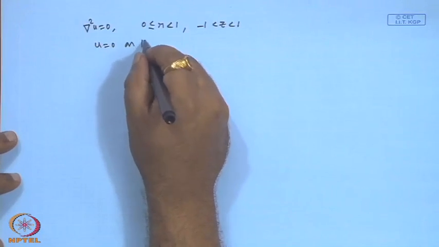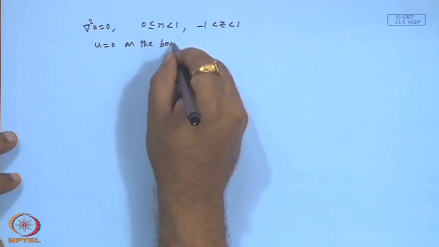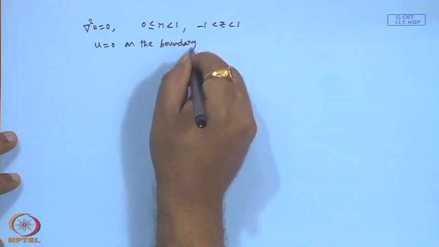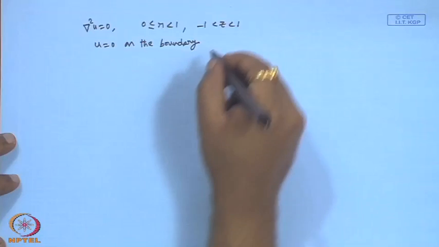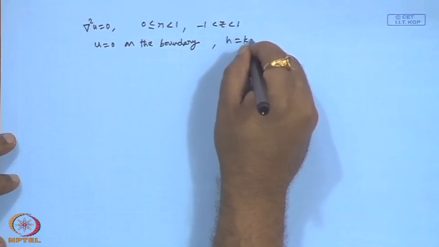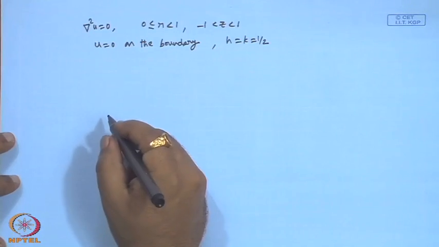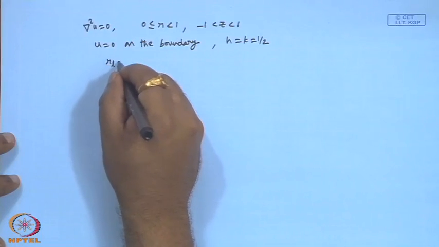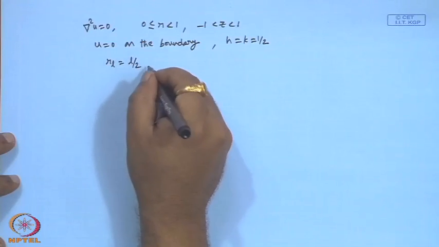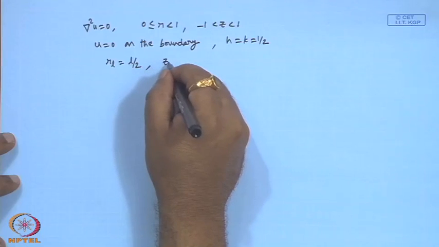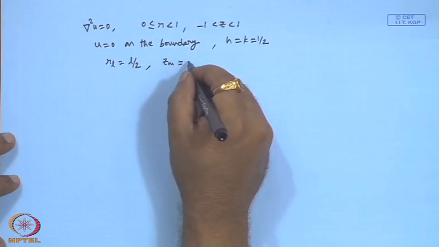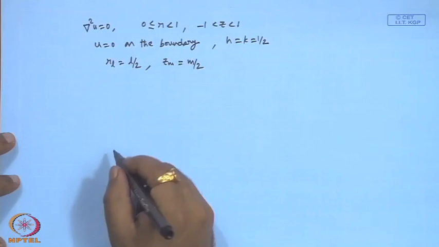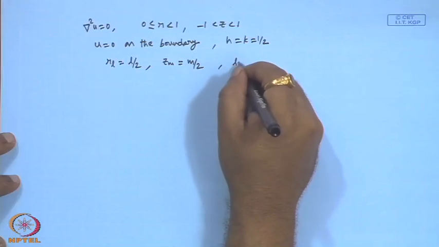U is 0 on the boundary and say h equals to k equals to half. Okay. So, this gives r_L equals to L by 2, z_m equals to m by 2, and L